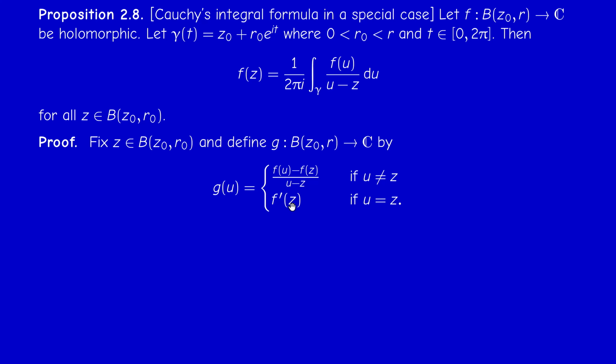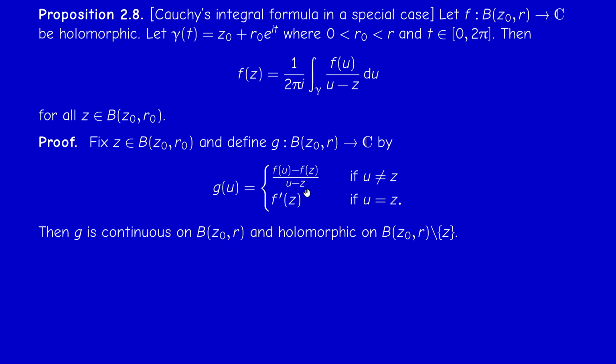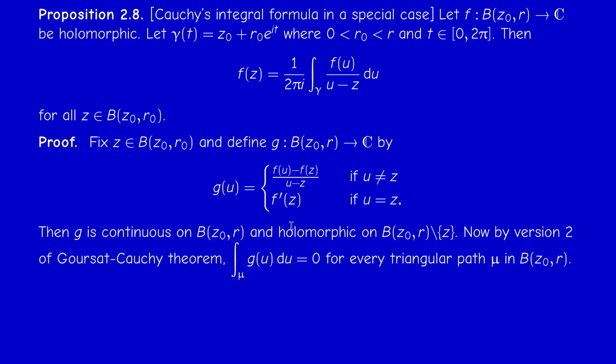Now, so what do we have now? So g is actually, by construction, continuous on the disk B(z0, r), the same as for f, and apparently is holomorphic only on the disk without z, the punctured disk, if you like. Actually, we shall see later that f is holomorphic on the whole disk, but we don't know that yet. Okay, so we must go step by step. So g satisfies the conditions of Cauchy version 2,